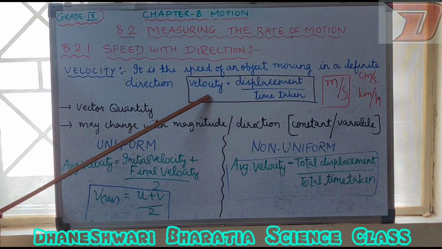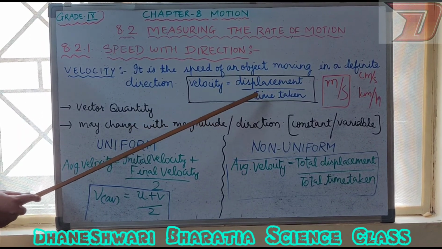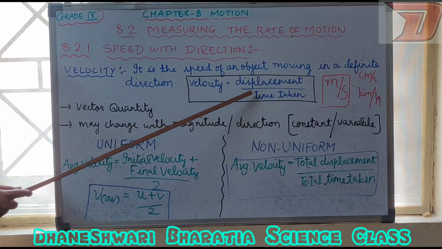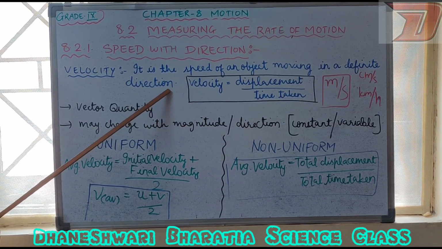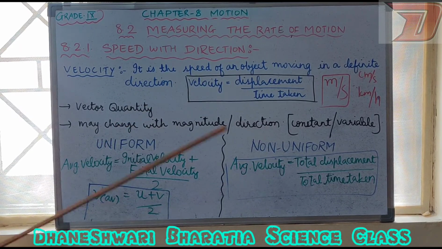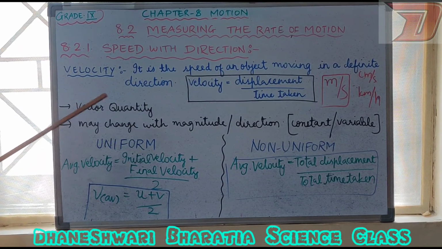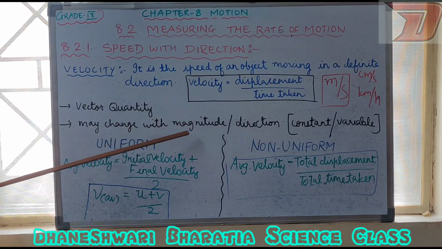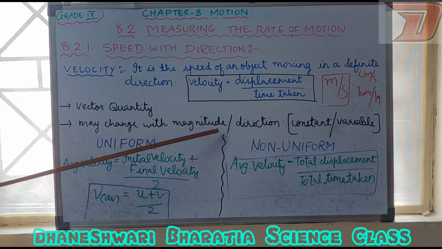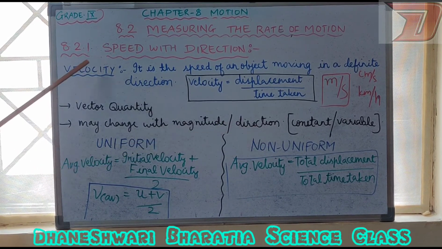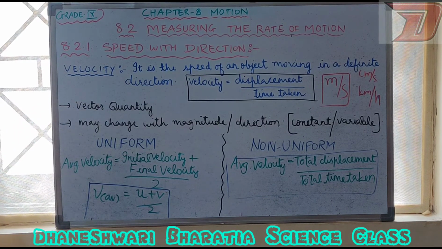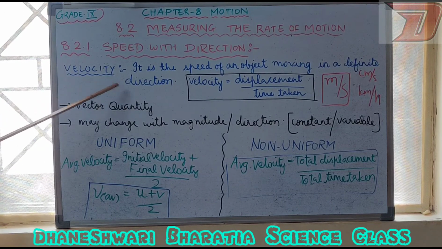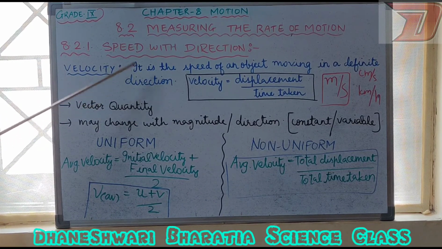Fine. Now here along with the numerical value, or I can say magnitude, we are also describing the direction here, isn't it? So which type of quantity it will be? Scalar or vector? Yes, it is going to be the vector quantity. Am I clear? And with the change in the magnitude, that is with the change in the speed and with the change in the direction, the value of velocity may be constant or variable. Am I clear? It can be positive also, it can be negative also, and it can be zero also.